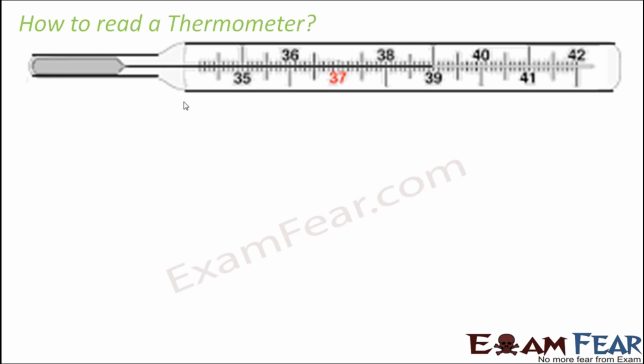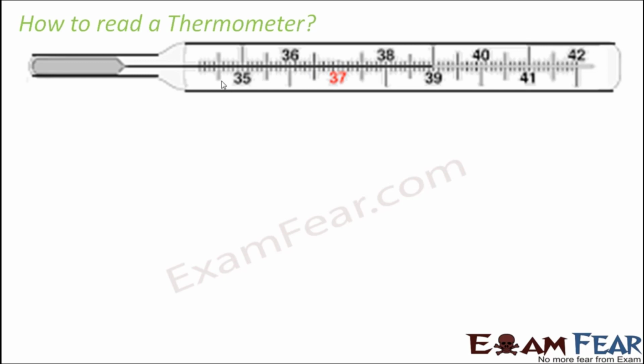So this is how a normal thermometer would look, any clinical thermometer. Now please make sure that not all thermometers look exactly identical to each other. Most clinical thermometers are based on the centigrade scale or the Celsius scale. However, these days we also have thermometers with the Fahrenheit scale. That should not cause a problem, because the basic concept of reading a thermometer will still remain the same. So here on the thermometer you see some long lines and some short lines which are close to each other.